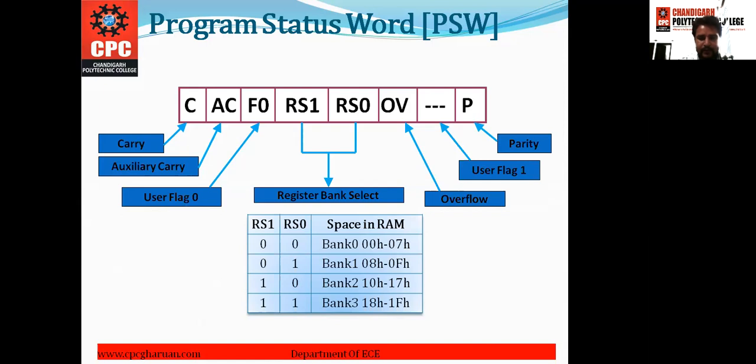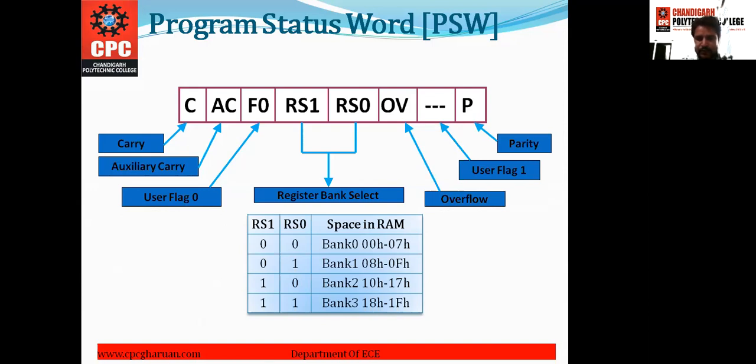Now if we make RS0 equal to 0 and RS1 equal to 1, then register bank 2 will be selected, and this register bank 2 has the memory location from 10H to 17H.